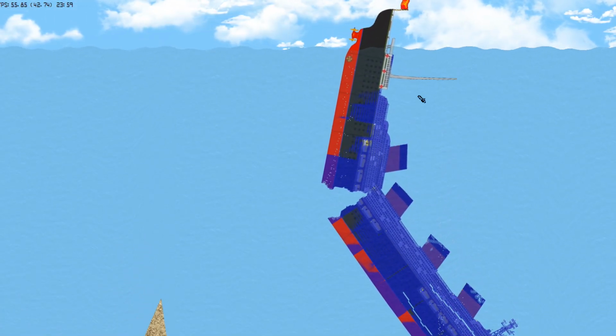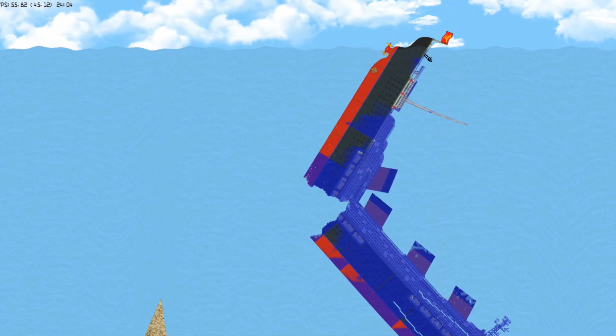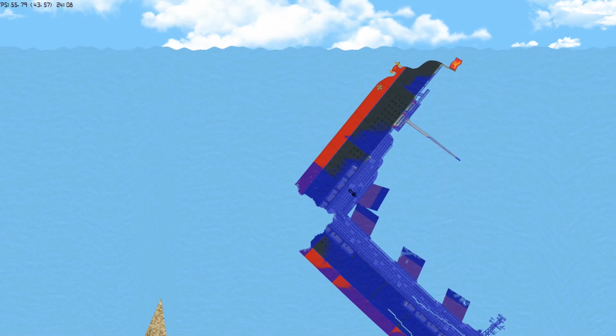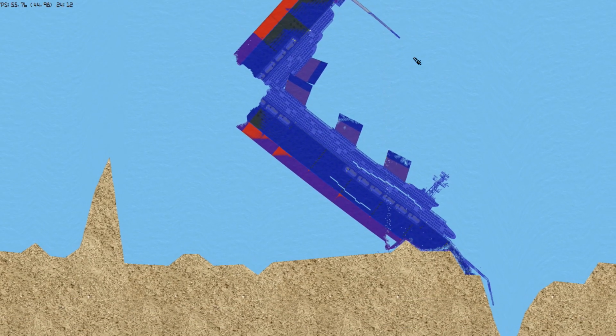See? Snap. Boom. That was not me at all. That was totally the ship all by itself. This broke its back. It's going to fold over on itself. Too bad it clips instead of actually destroying itself. That would be pretty cool. But it doesn't do that, so...